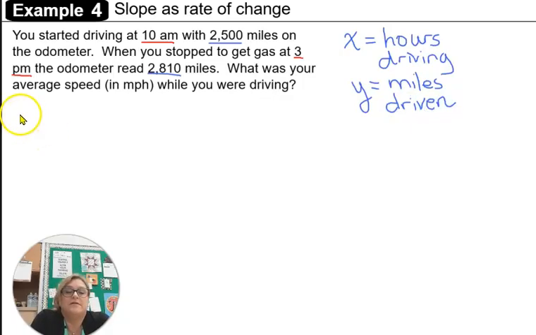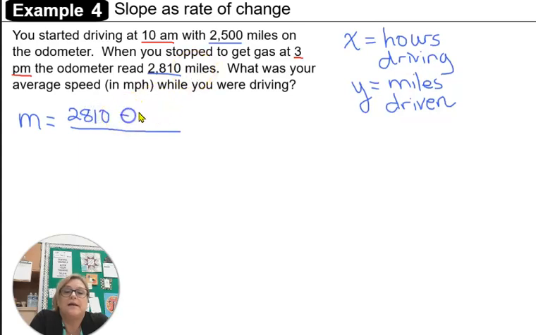So my difference of the y's over difference of the x's is going to be the difference in the miles driven divided by the difference in the hours driven. So my m, the slope, is going to be equal to